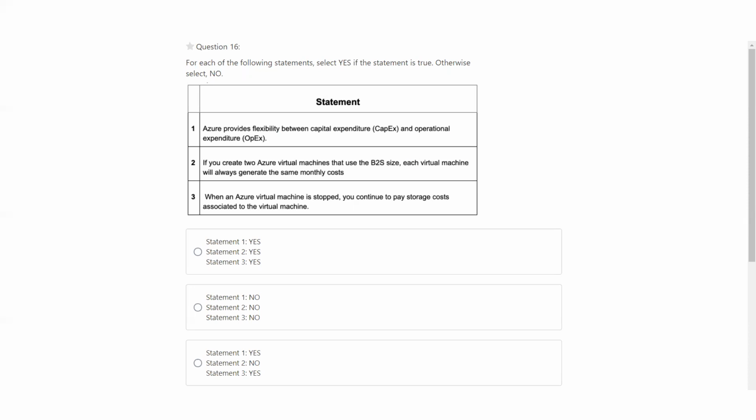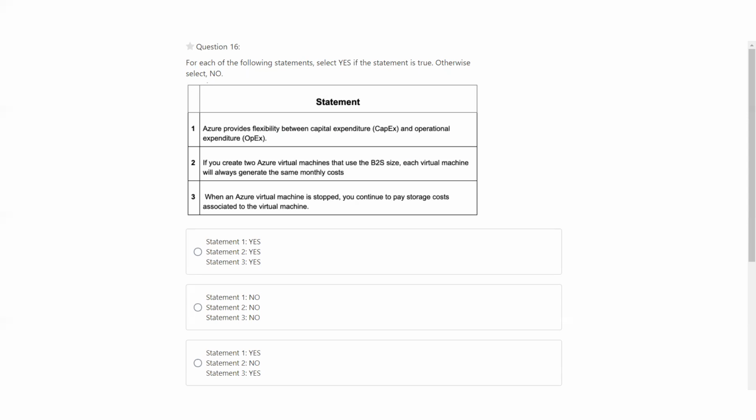So it basically gives that flexibility. If you create two Azure virtual machines that use the V2S size, each virtual machine will always generate the same monthly cost. So no, this depends on the resource and the region. If you are spinning up one VM on the East Coast and one VM on the West Coast, the prices will be different. So that answer is no.